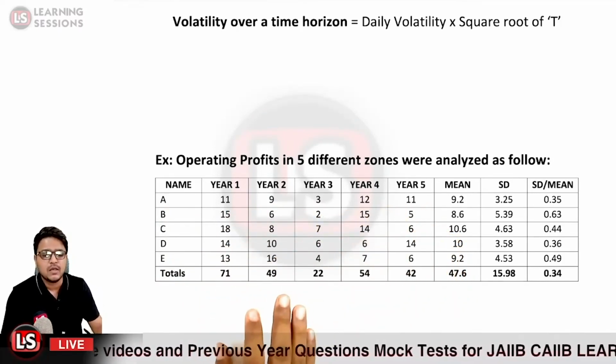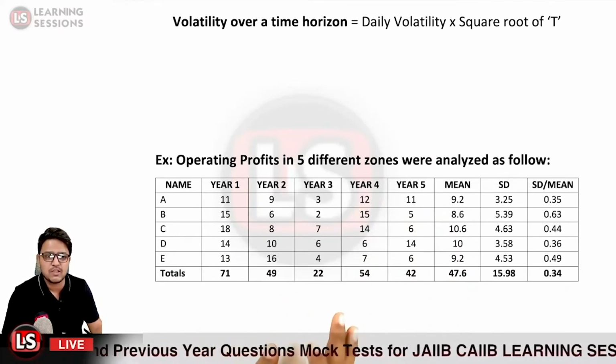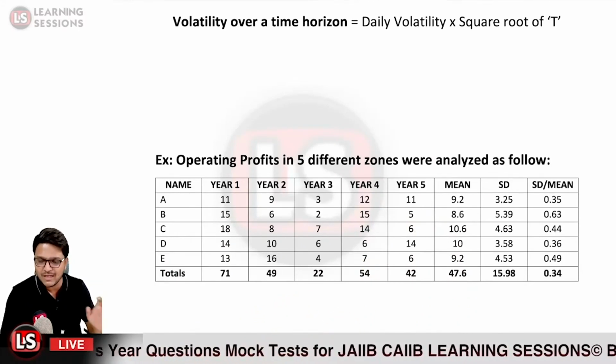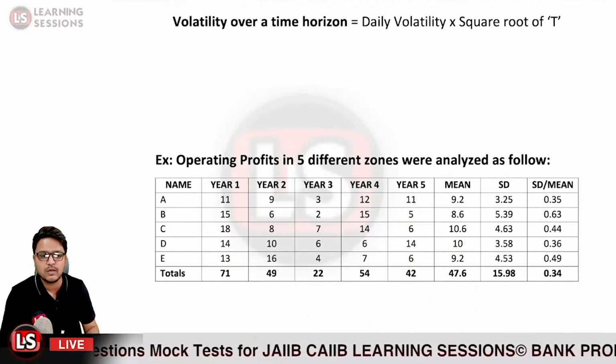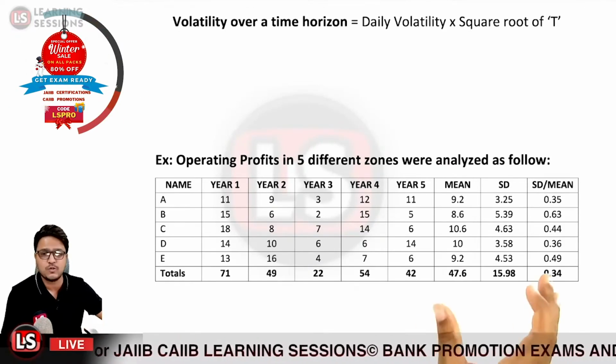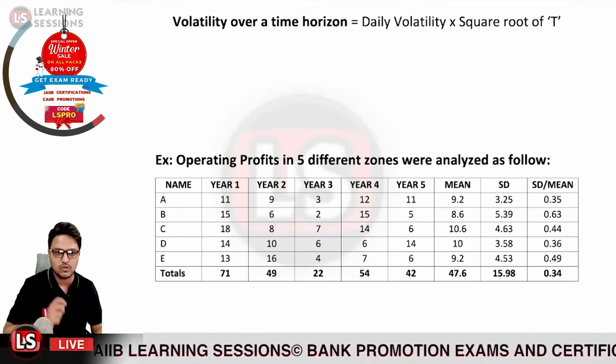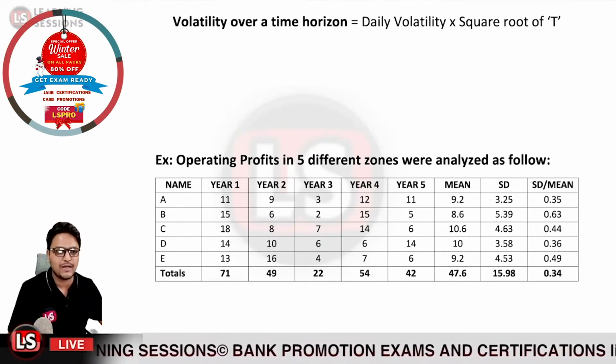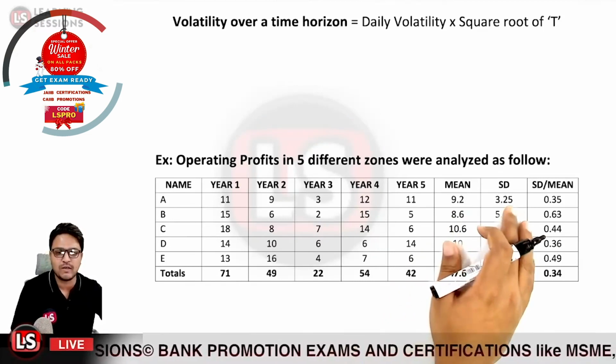Okay, and further we could calculate the mean and standard deviation from it. I'll be telling you how we can calculate one, and the rest have already been calculated, so we will just be inferring something from these solutions. So the first case we are going to solve is how we calculated the standard deviation equal to 3.25 in this particular case.